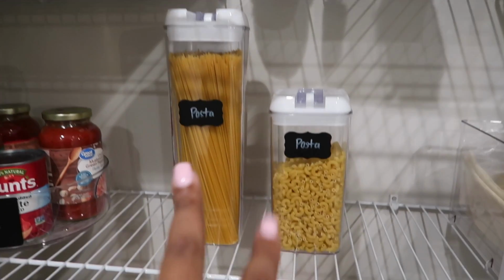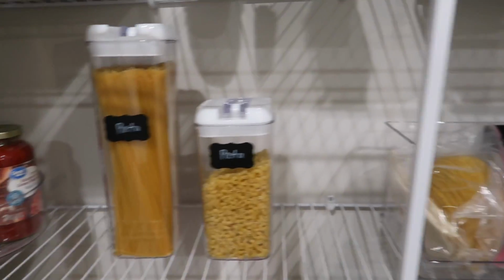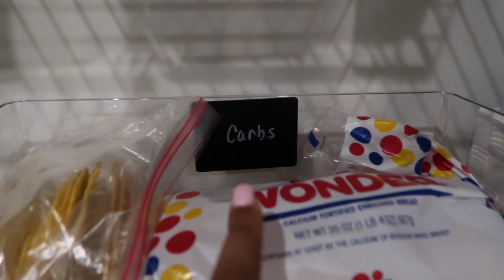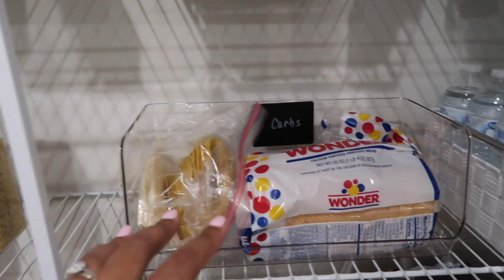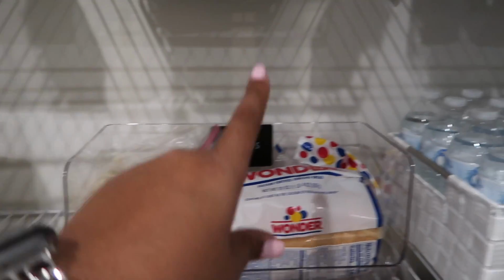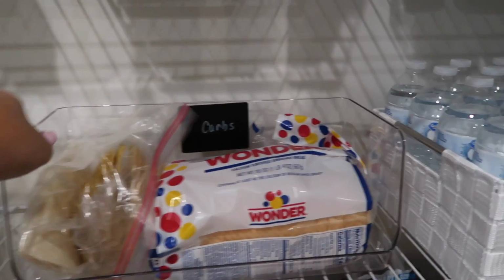Then we have 2 different types of pastas here. Spaghetti noodles and then elbow noodles. Then I have labeled this one carbs, and I wanted this stuff to be in a clear container as well because we need to eat those, and bread obviously expires more quickly than other foods, so that's why I wanted